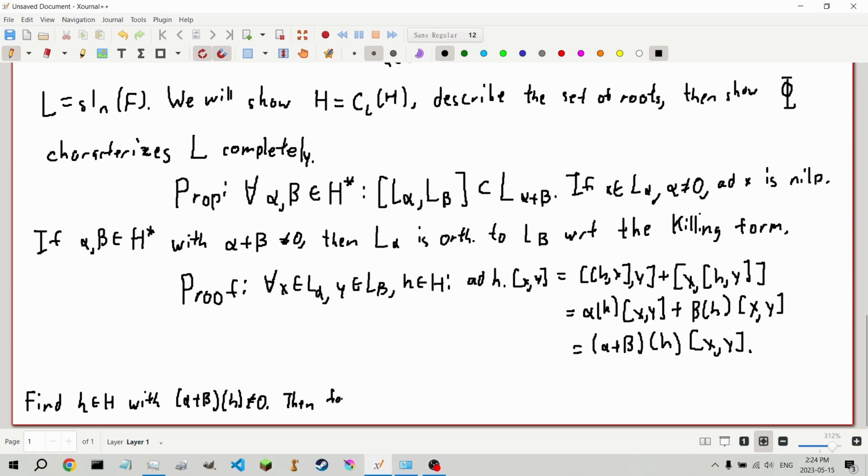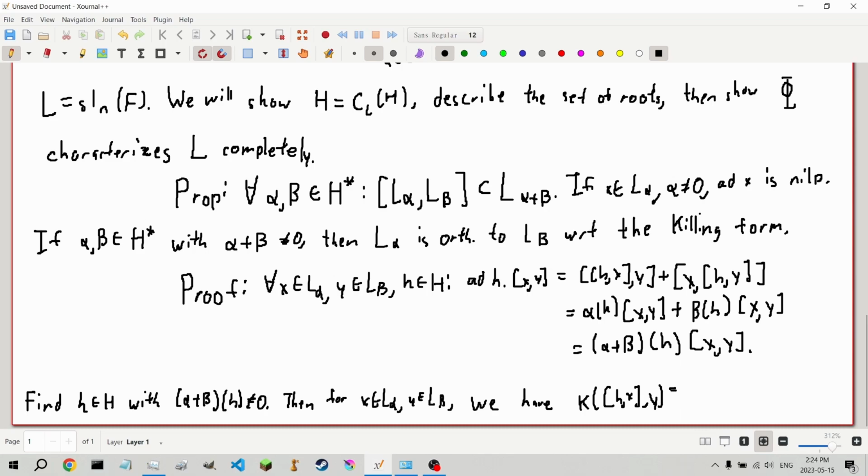Then for x in L alpha and y in L beta, this is how we're writing the Killing form: the Killing form of the bracket of H on x with y